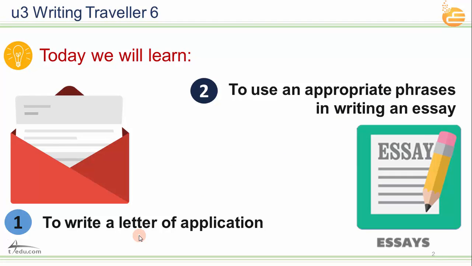The kind of writing is called a letter, and this kind of letter is like a resume or some kind of application. So you're applying for some kind of job. And for number two, to help us write very well, we need some phrases, some vocabulary to make our writing more coherent and more clear and enjoyable.